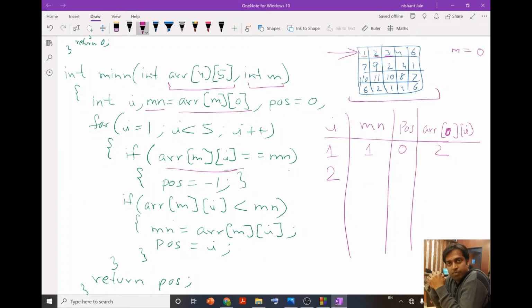So we will check this condition. Since it is 3 and mn is 1, the condition is false, so we are not going to do anything. We will then check this condition. Again this is 3, this is 1, again the condition is false, so we are not going to do anything. And then we will go to the next value of I. In the next value of I, we have this array 0 3, meaning we have 4.